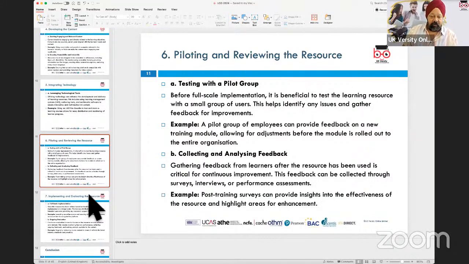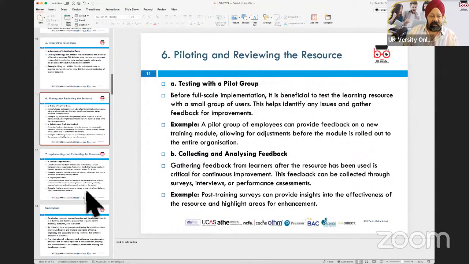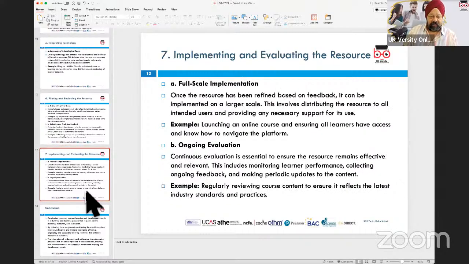You collect feedback, you analyze that feedback to say whether that is meeting the criteria, whether it is making the difference in terms of the learner being able to pick up the knowledge, and that is where you would look at piloting and reviewing. And then the final phase is the implementation, where you do a full-scale implementation, and then ongoing